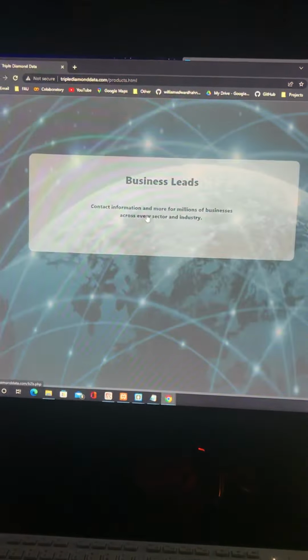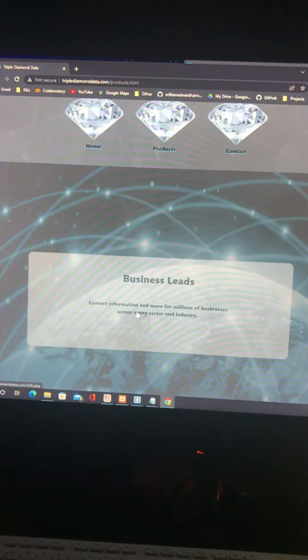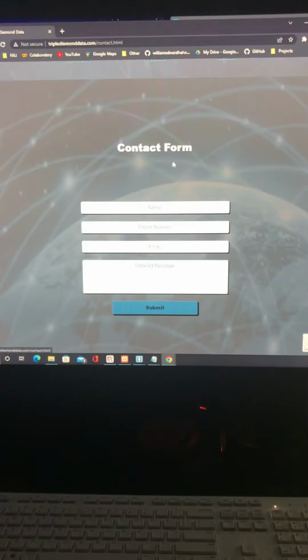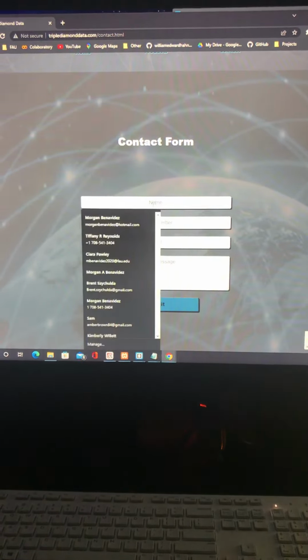Next we have products. This is a button. If you hover over it, it changes the opacity. Here's the contact form. If you fill this out,